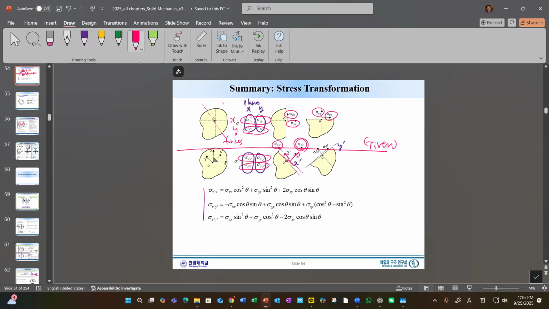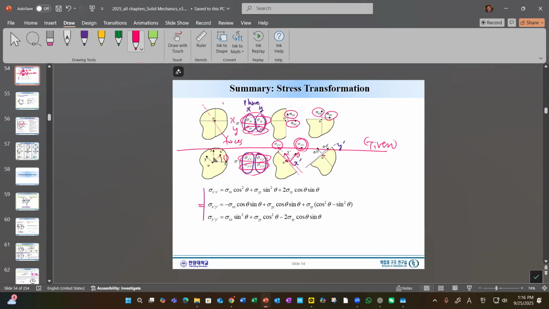So we kind of understand that at a point O, we have four components, but with two different planes, we have other components. And there should be some relations between these four components and the originally given four stresses, with a theta angle. This is theta. Okay, so as you can see that,